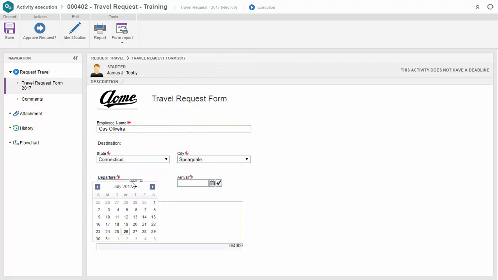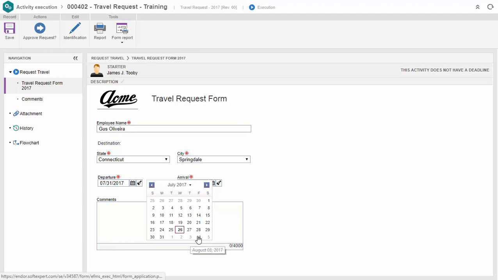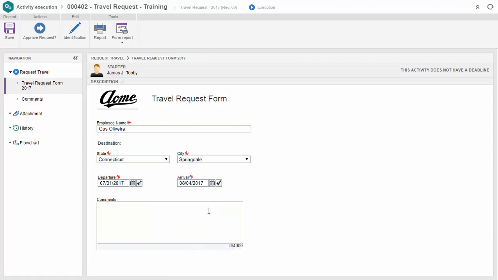My departure date is going to be Monday, and I'll be back on the following Friday. Any comments? I'll just add training in Springdale, Connecticut. Okay, so now I filled out my form and I'm ready to send it to the next step,